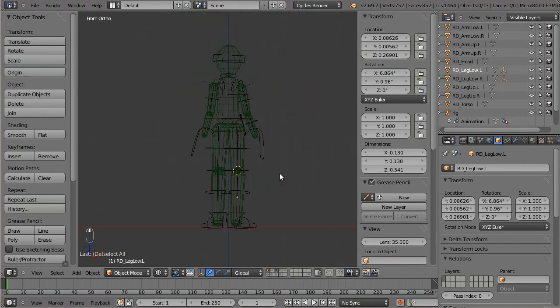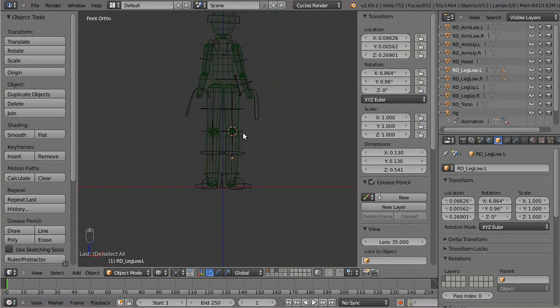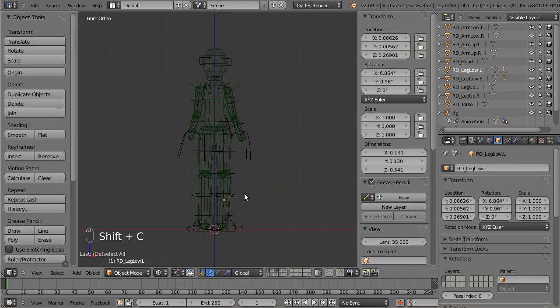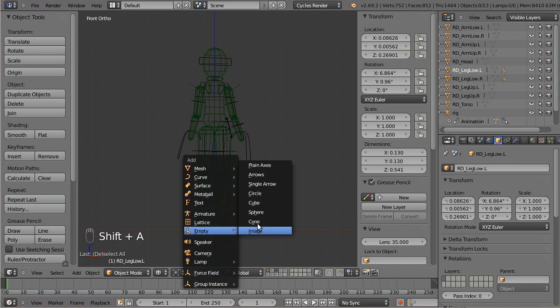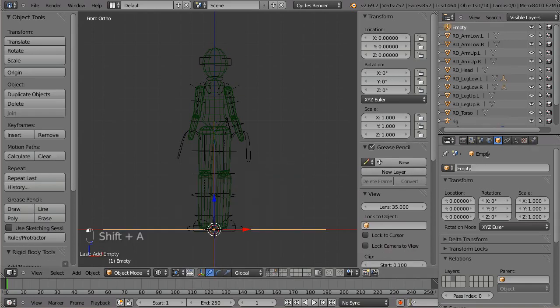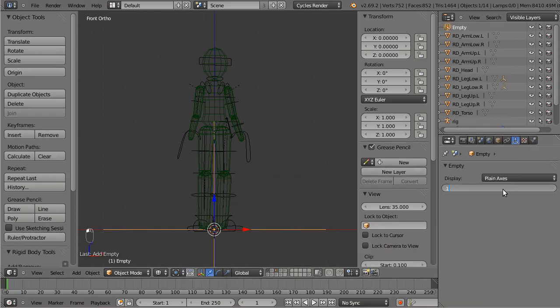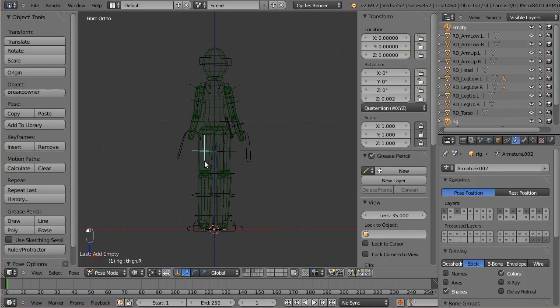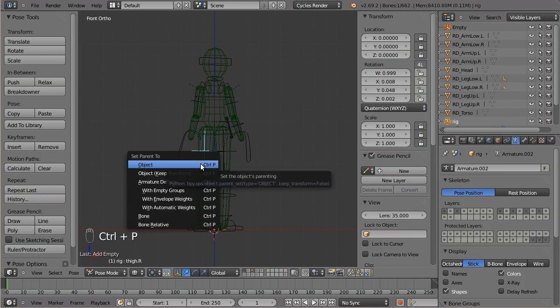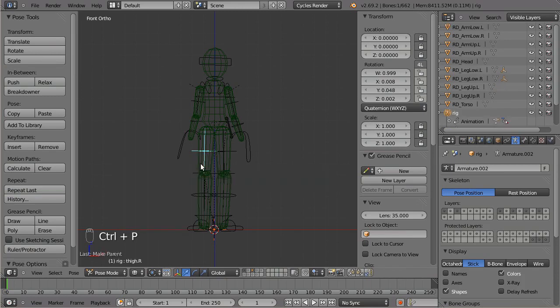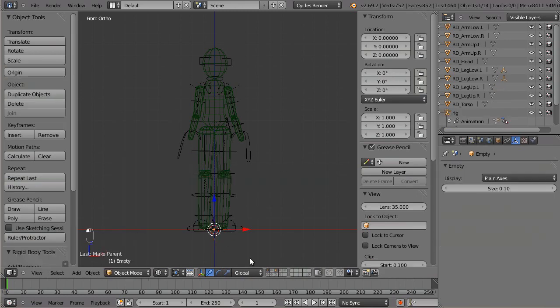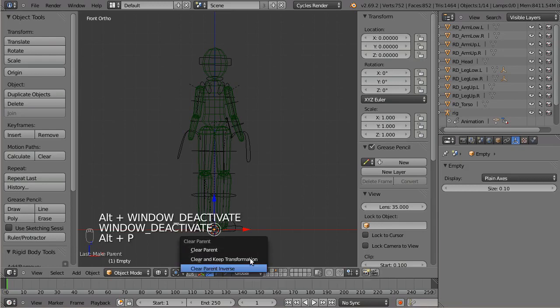Now we can do the upper legs, and instead of duplicating this empty, I'm gonna just add a new one. Shift C to move my 3D cursor to the origin, add a new empty plane axis, and set the size to 0.1, and select my upper leg bone, Control P, bone, select my empty, Alt P, clear parent inverse,